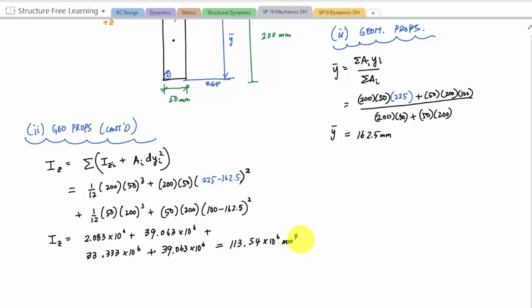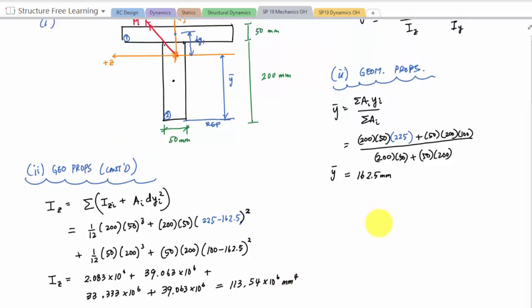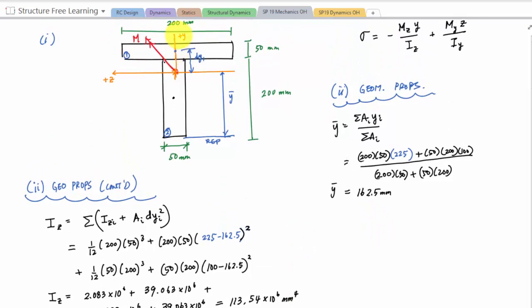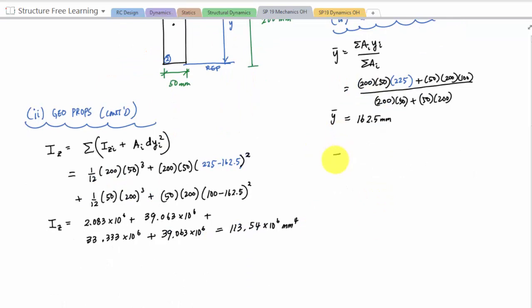Millimeters to the 4th. So that's the moment of inertia about the z. Right here. That's the moment of inertia about the z. Now I want to find the moment of inertia about the y-axis. Okay. So about the y-axis,